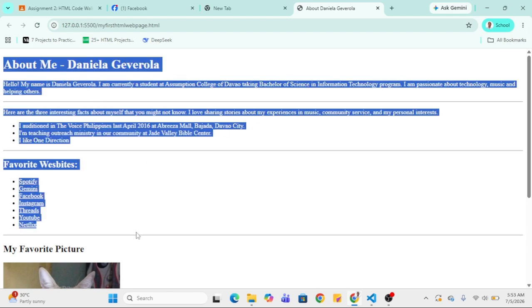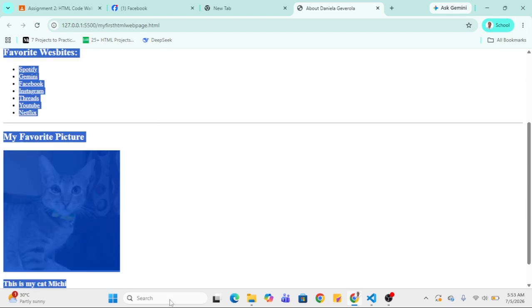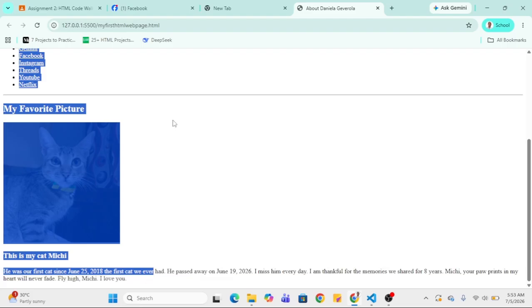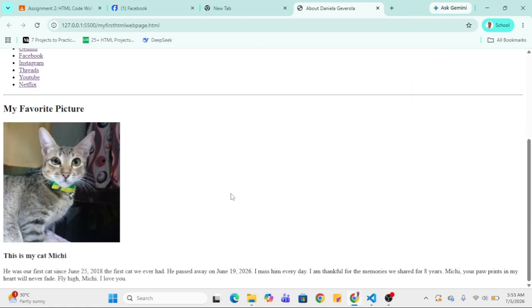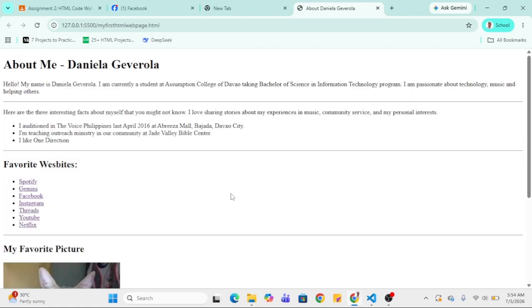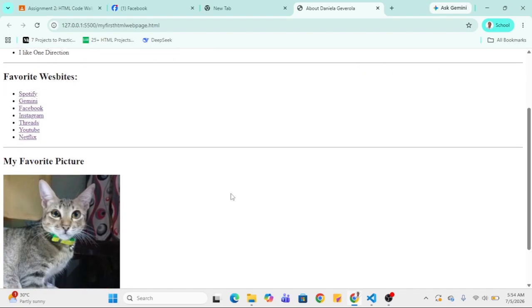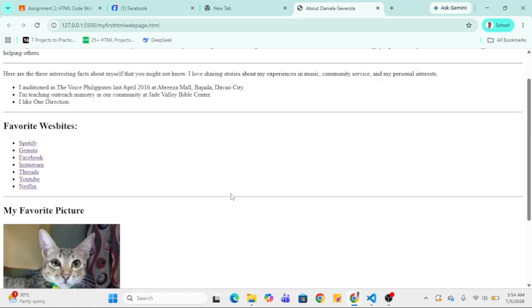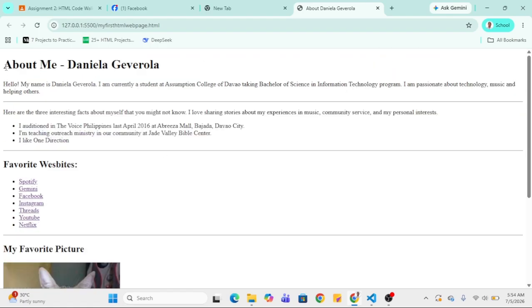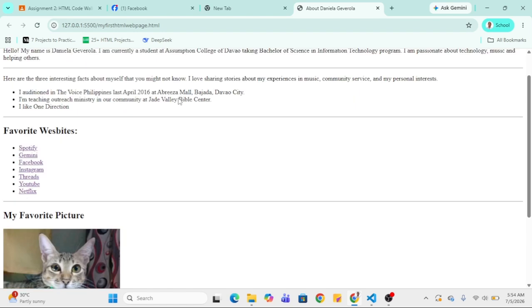I organized this website as top to bottom, na andito lang talaga siya sa gilid, like wala pa siyang mga divisions or anything like that. Because when we create the first web page, you don't really need to make it more complicated, and you need to understand how the tags work and how the arrangement works, and that's it.